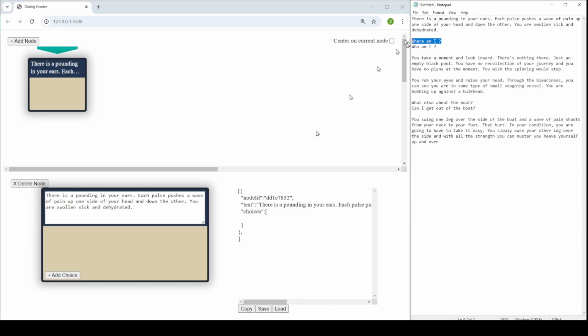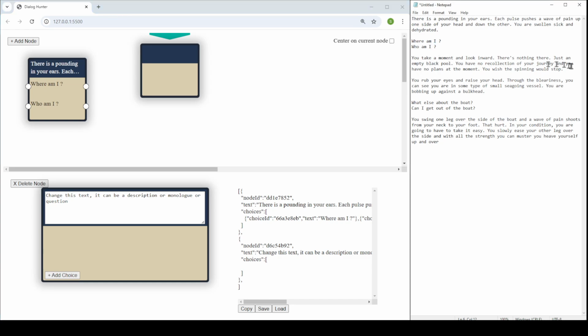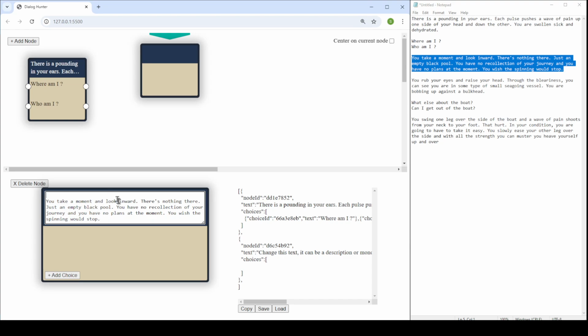And so from here, you'll have choices for the character to make. And I'm just going to paste those in. Each one is going to be a new choice that I add, and so I'll start to wire this up. I'll make the next paragraph of the story, and I'll bring that in here. And this is the